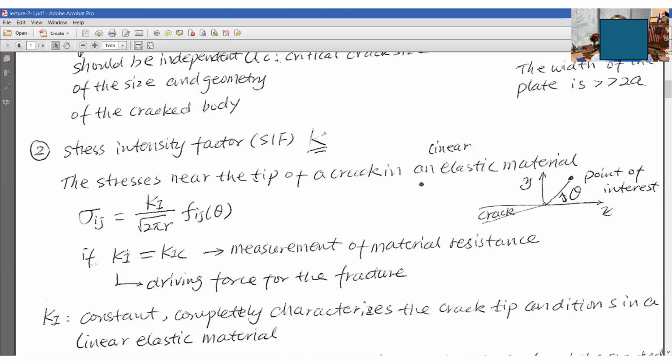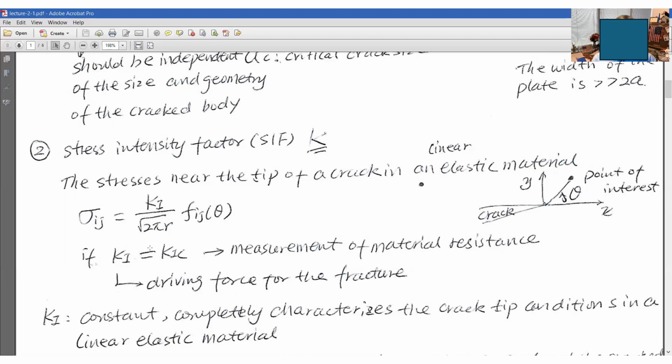We compare Ki with KIC. If this equation holds, we say the cracked body is in a critical state. If Ki is a little bit higher, the crack is going to grow, right? So we call Ki the driving force for fracture, and KIC,